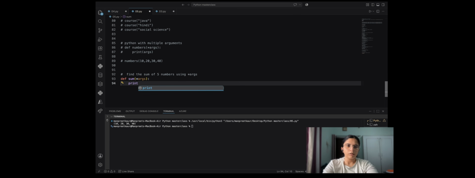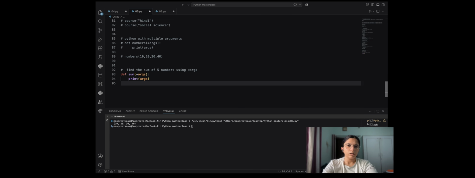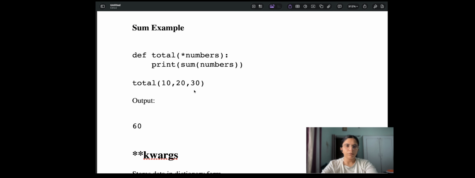Print this. Equal to 10, 20, 30. I have to use that function also.